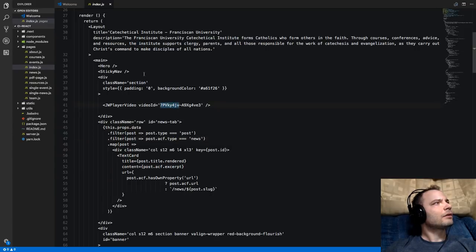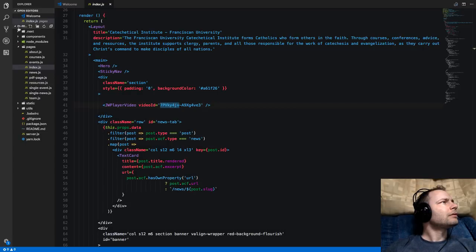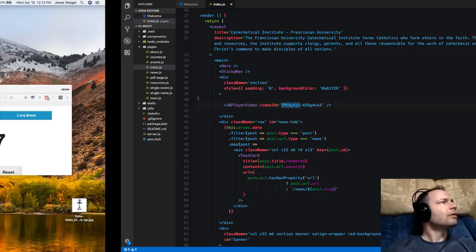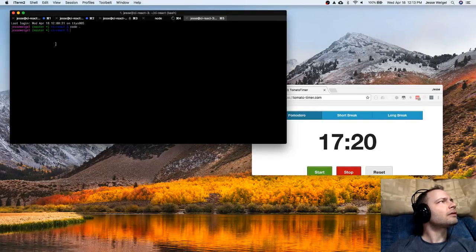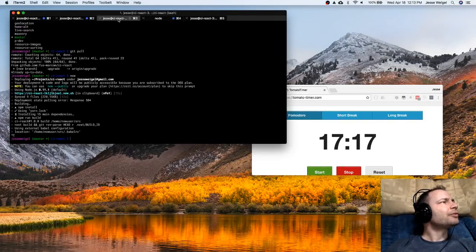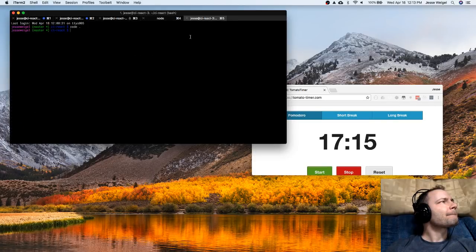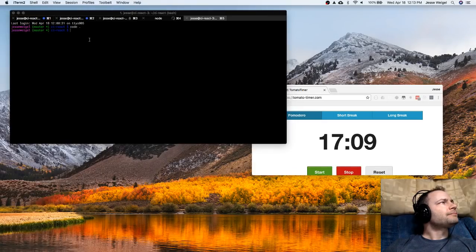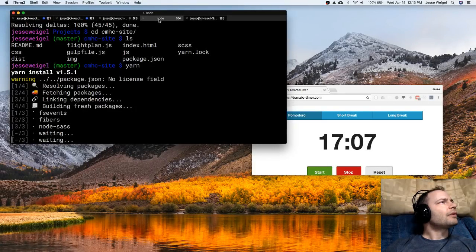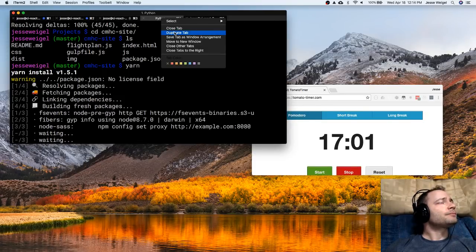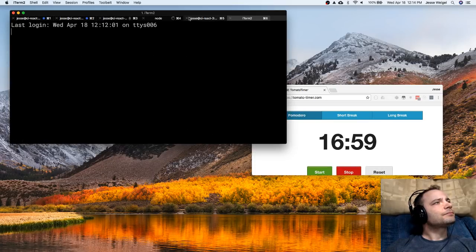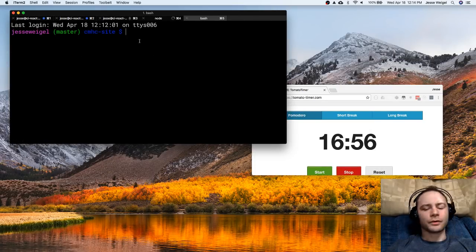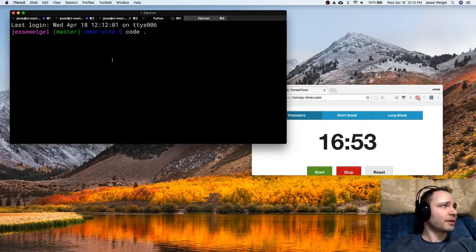And let's see, what is going on here? Nope, that is not the project that I wanted. Did I duplicate the wrong tab? Looks like I accidentally duplicated the wrong tab. So I guess let's duplicate the right tab now. Close that down. There we are. And we'll just do the same command,